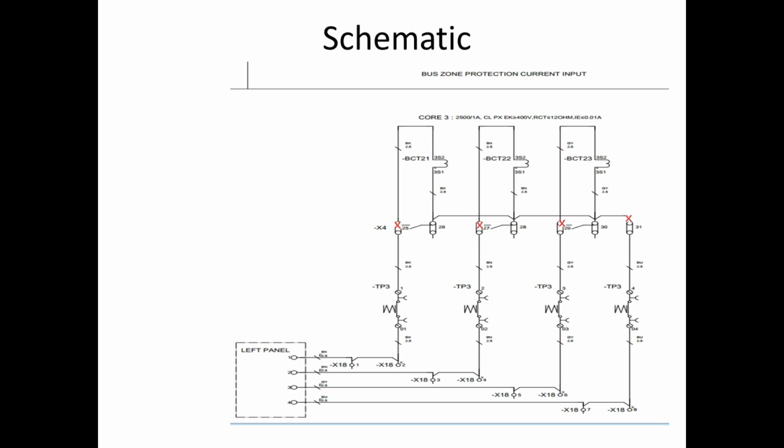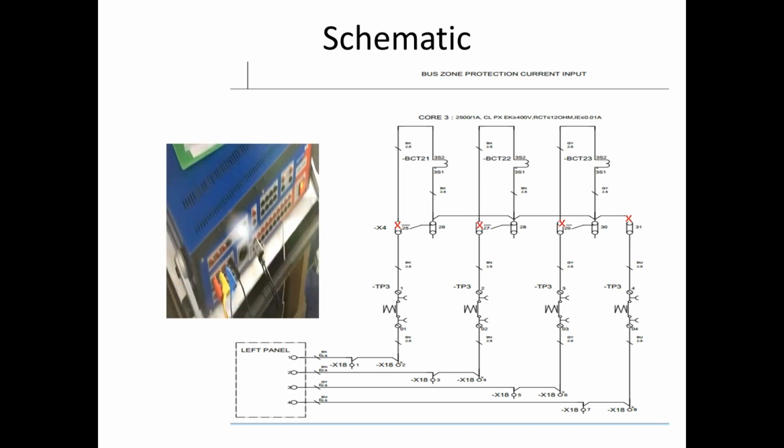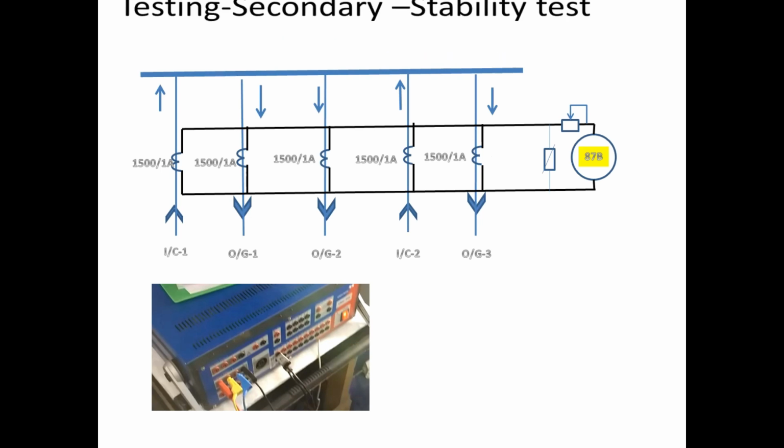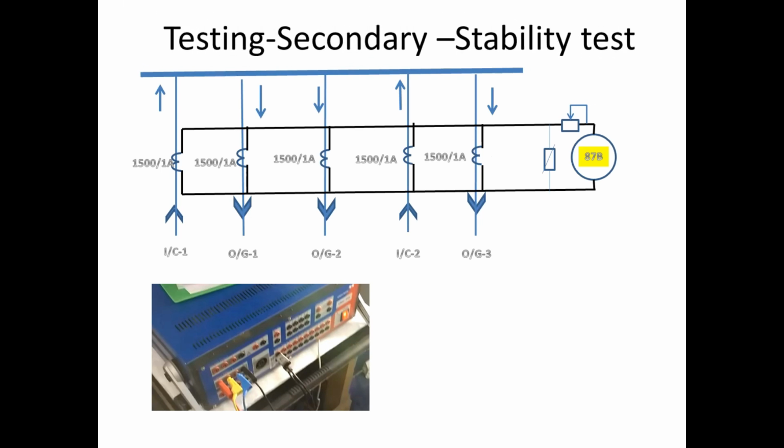In this, we have to isolate the R, Y, B and neutral CT short link, and from this short link which is going to the relay end, we have to connect to the kit, and one binary input has to be taken from the differential relay tripping feedback. Now we see testing. Before starting testing, we should make a loop on the series resistor.